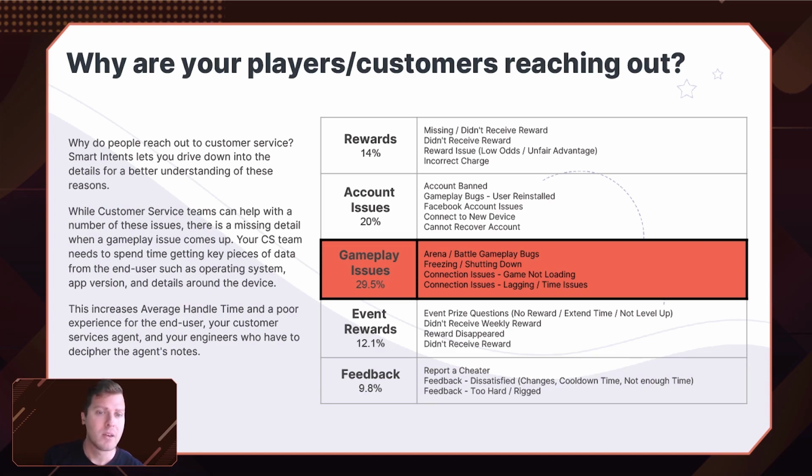And what does that mean? Well, when we ran our data, we saw that it broke down to arena gameplay bugs, freezing, shutting down, connection issues, some of them being game not loading or lagging, or time issues. So if you're attaching something, this is kind of a black hole. It just says, hey, these are gameplay issues. And if you're a customer support agent, you start to think, all right, what kind of questions do I need to ask to get a better understanding of why there is a gameplay bug,